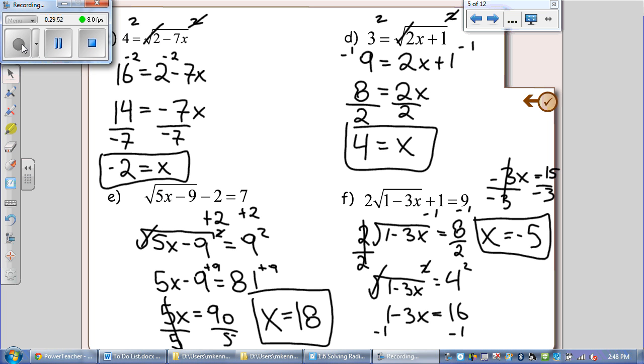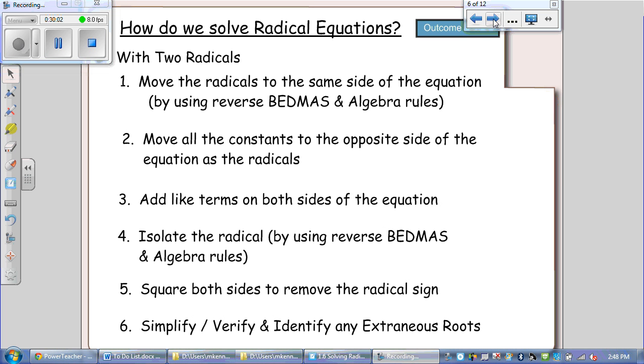Okay. Here's another page with step-by-step instructions on how to solve radical expressions with two radicals. Now,